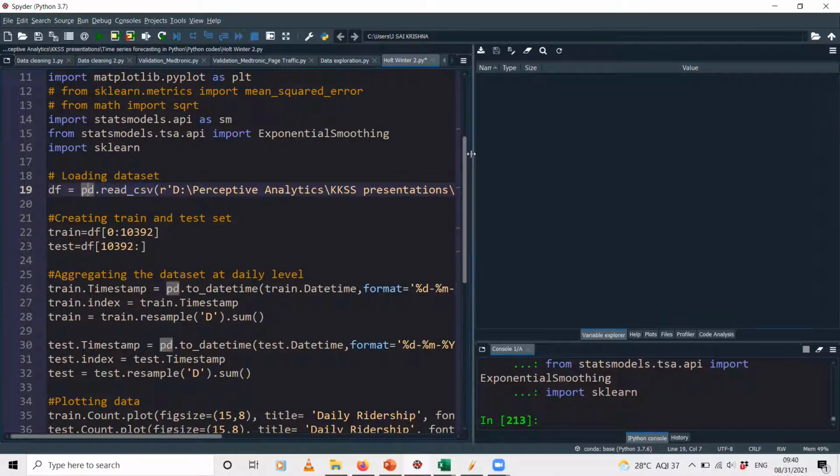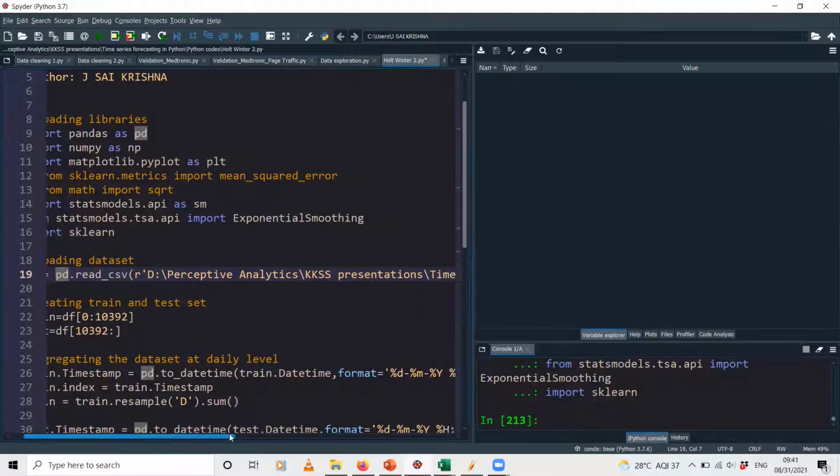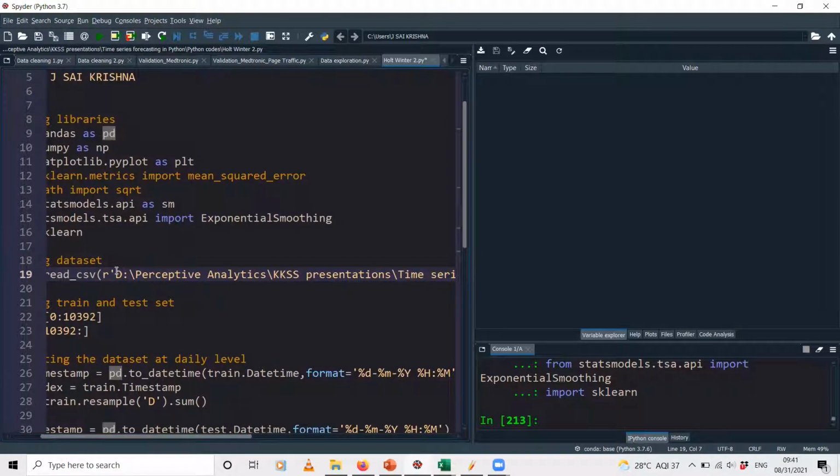Okay, and for pandas, if you just scroll up a bit here, we have used this alias called pd. So to access the read_csv function from this pandas library, we say pd.read_csv. We can also say pandas.read_csv, but just because pandas is a bit long to type, we use this alias pd, and we just say pd.read_csv, and then you specify the data file's path.